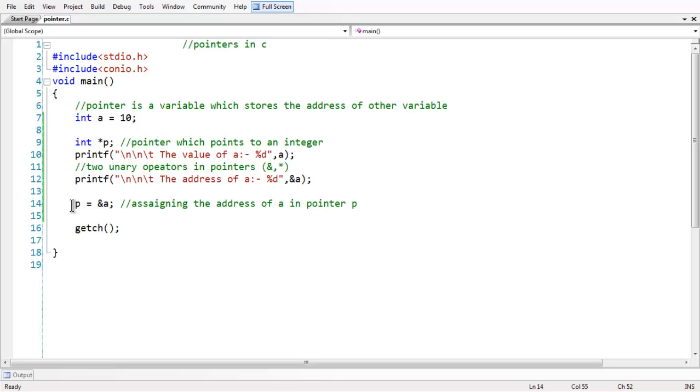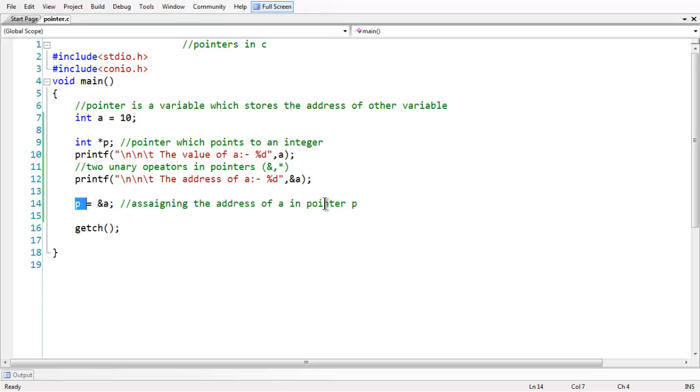Now the pointer got its name because it points to the address where the value of a is stored. So this is the meaning of a pointer. That's the reason it got the name pointer. Here the pointer variable p points to a location where the value of a is